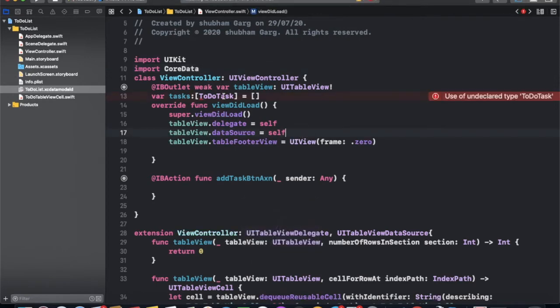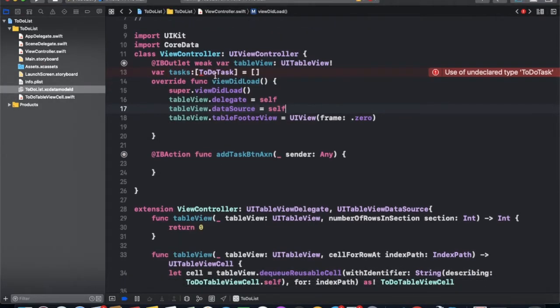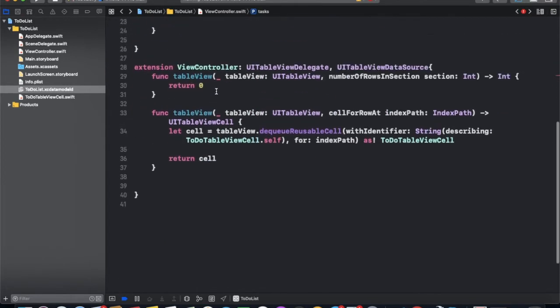Now let's build this. You can see it will succeed. Now this to do task. Firstly we can set a count.